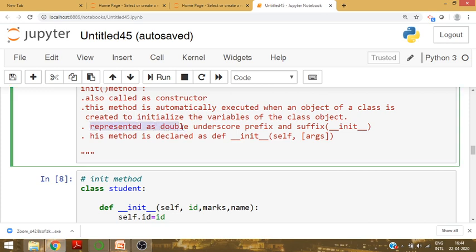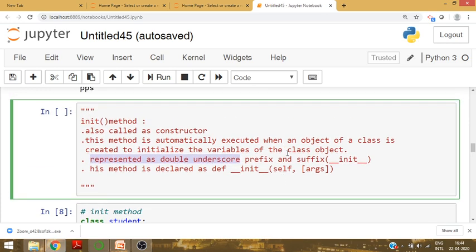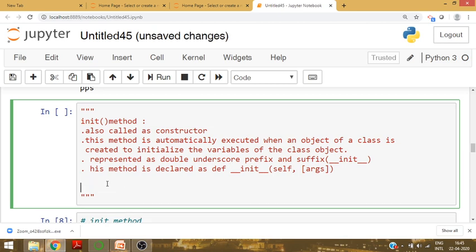This method can be represented by using double underscore as a prefix and suffix. That means it is declared as, I will write here, def.